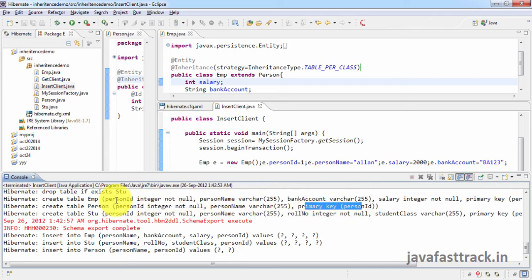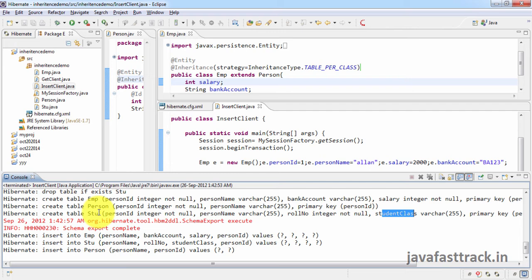Employee table has person ID, person name, bank account, salary. Person ID is marked as primary key. Every table has a primary key, as you can see. Student table: person ID is marked as primary key, person name, and then it has roll number and student class.